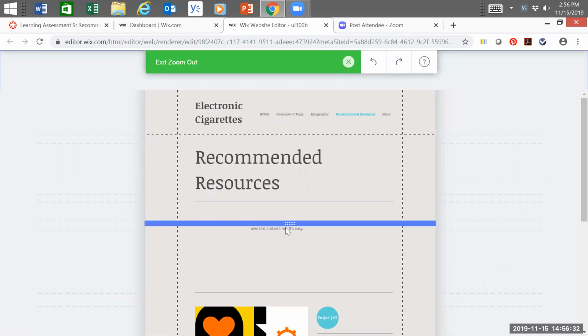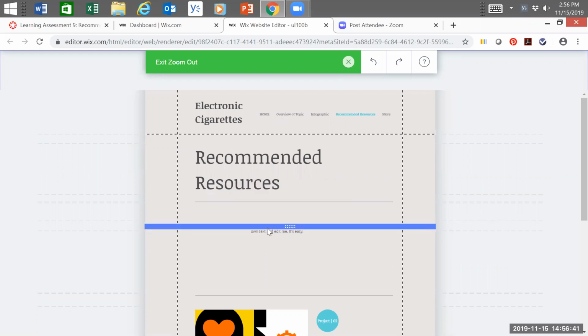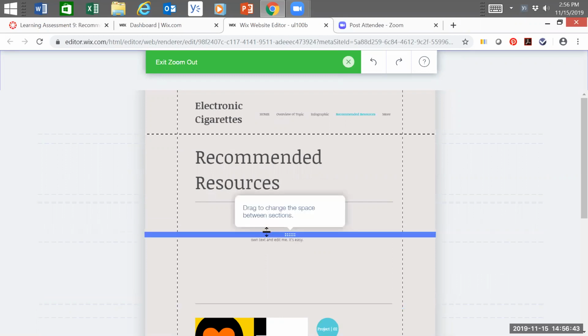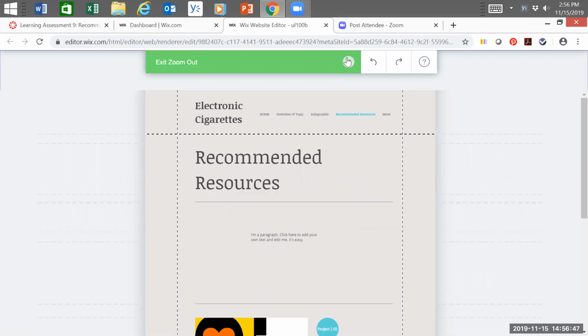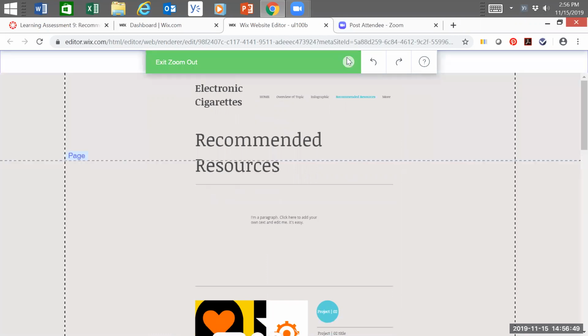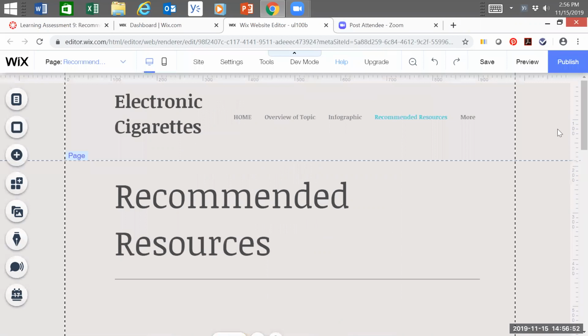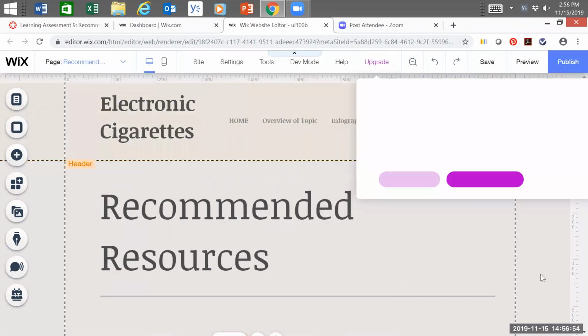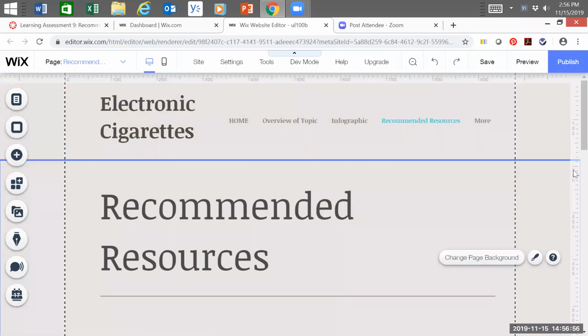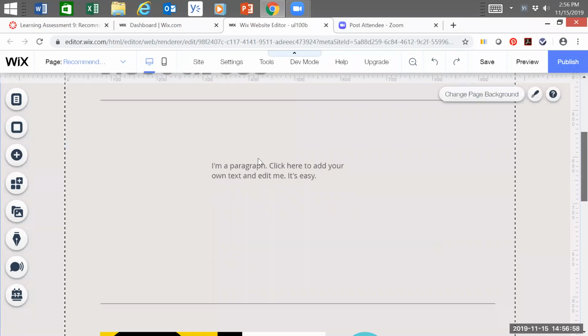I would recommend clicking here. I'm going to exit this, zoom out. There we are. We'll go back down here. This is what I would recommend. I would click here under Edit Text